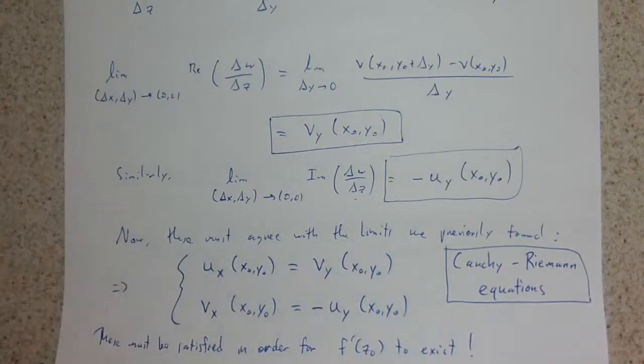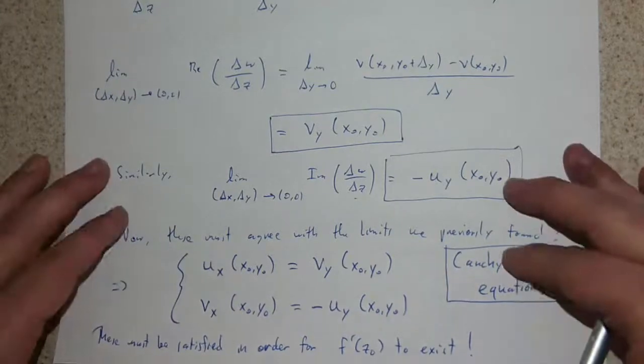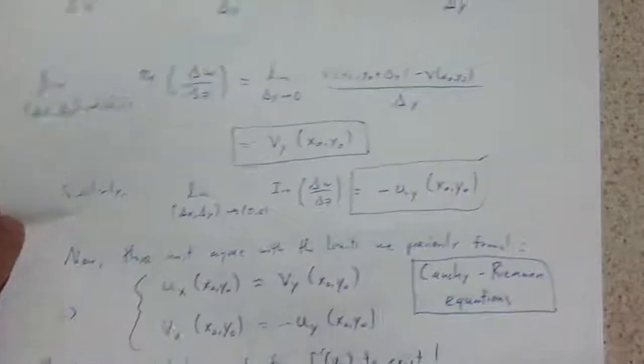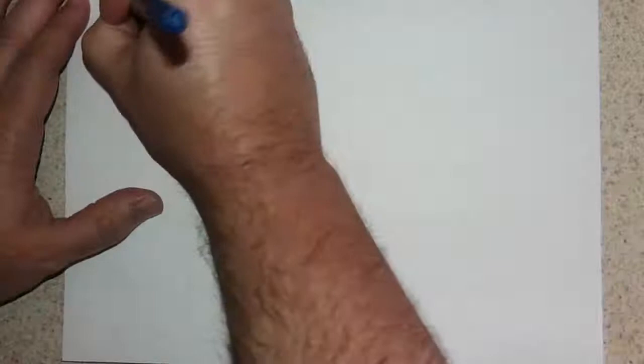The question is, if this holds, is that enough to say that the derivative exists? So can we do this backwards? The answer is yes. If you actually trace backwards through this argument, this actually provides what you need. And so, putting that all together into the following theorem,